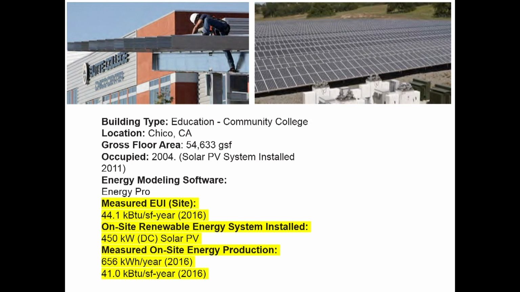They have on-site parking, and so they actually built covered solar panels to shade the cars. It gets pretty hot in Chico. And then they added solar panels in the field next to the building. So they were able to produce a lot of on-site energy, 41, because they basically went on the site but off of the building. So typically we're looking to do it on the building, but certainly if you